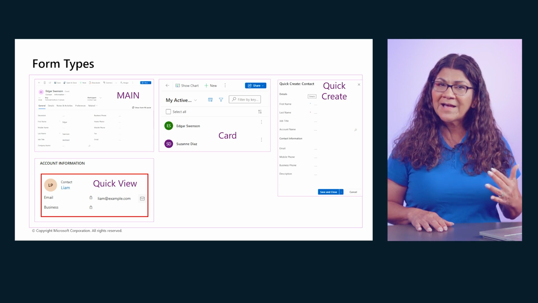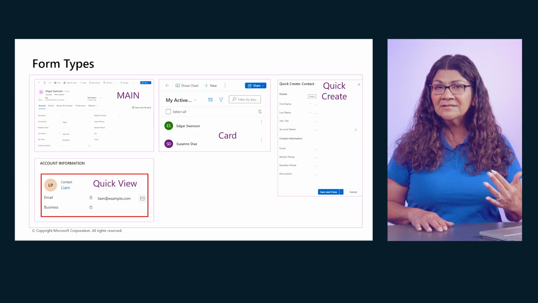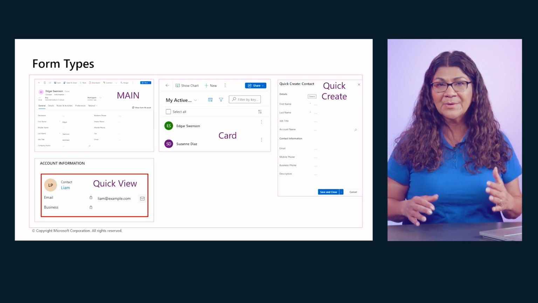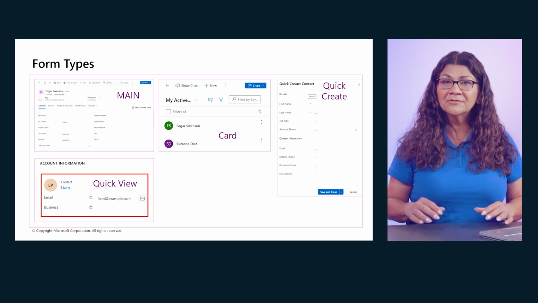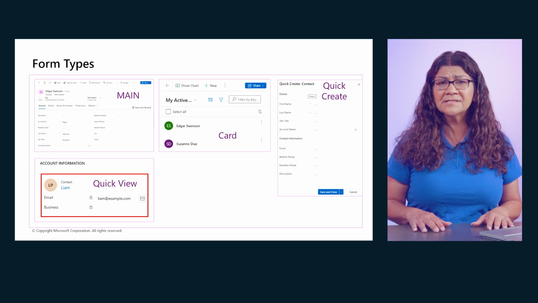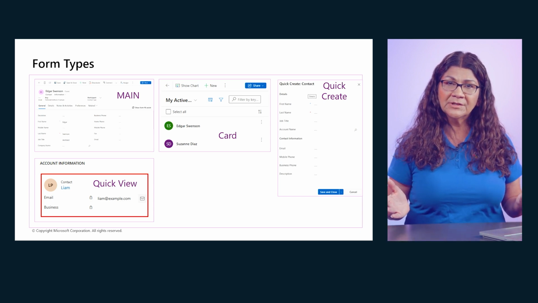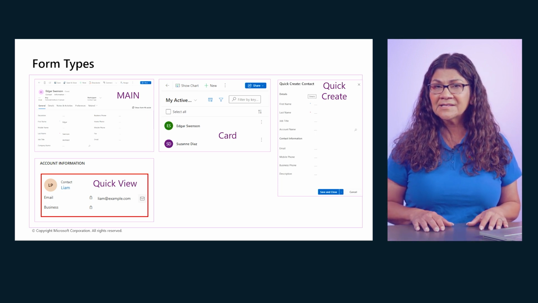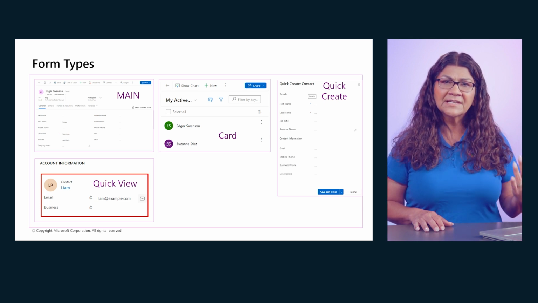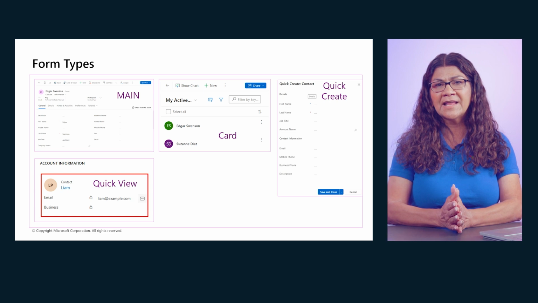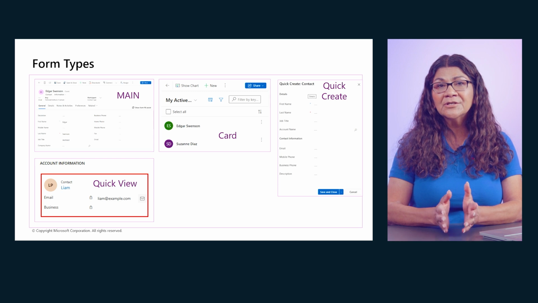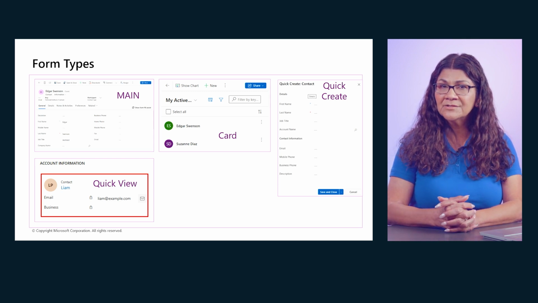This is ideal for fast-paced environments like sales or support ticketing. Meanwhile, the Quick View form enhances context by displaying read-only data from related tables directly within a main form. This reduces navigation and improves visibility, especially useful in scenarios like viewing account details while working on a contact record. Together, these form types provide a flexible, technically robust framework for building responsive, user-friendly applications that adapt to diverse business